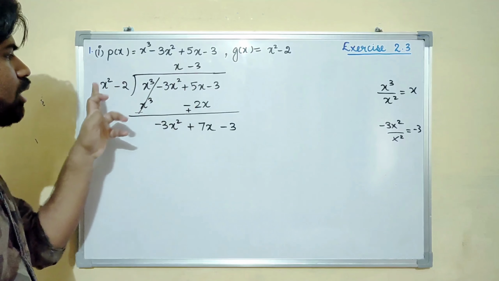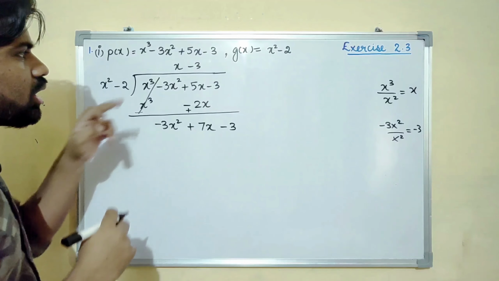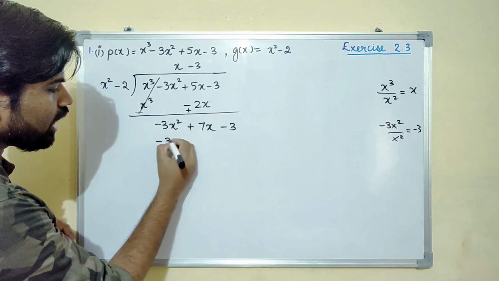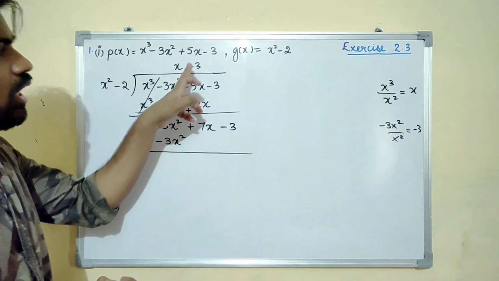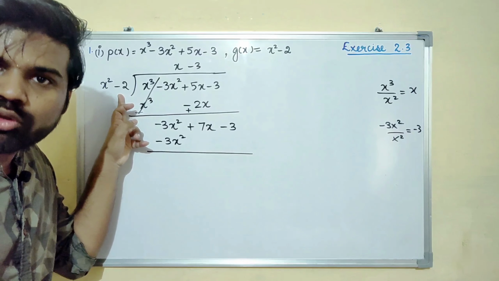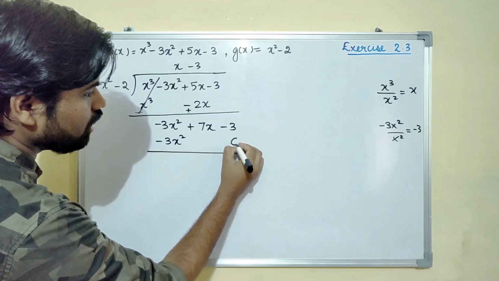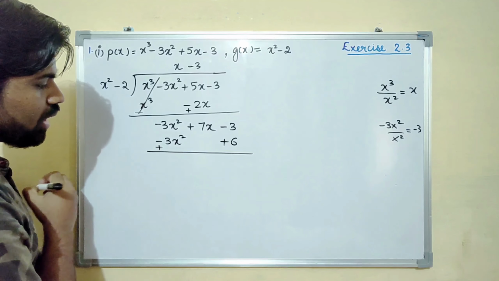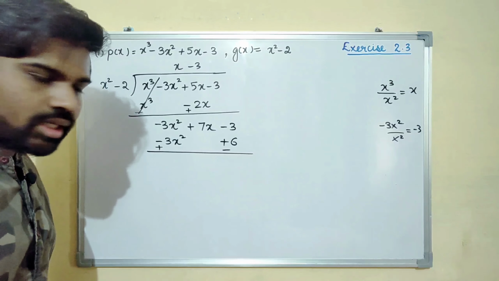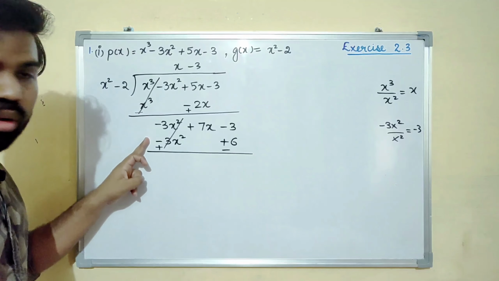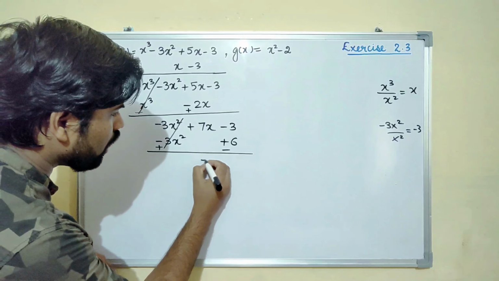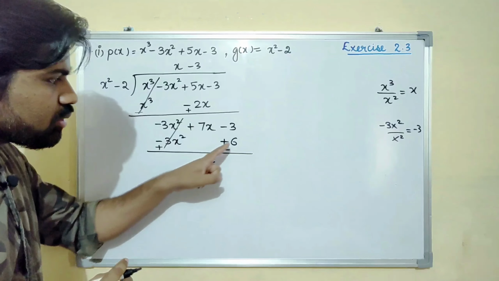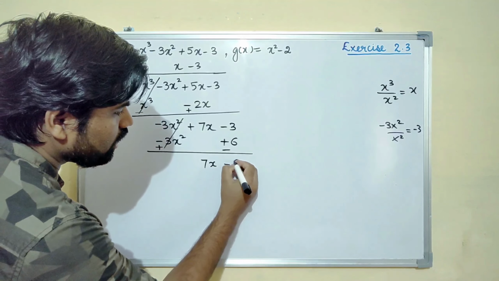Now multiply minus 3 by x square and minus 2. When minus 3 is multiplied by x square, you will get minus 3x square. And when minus 3 is multiplied by minus 2, you will get plus 6, which you will write here below the constant term. Now let us reverse the sign. It will become plus and it will become minus. Now let us solve it. This will be cancelled, it's of the opposite sign. Now 7x will come down, and 6 is of negative sign, and 3 is of negative sign. That means minus 6 minus 3 is minus 9.